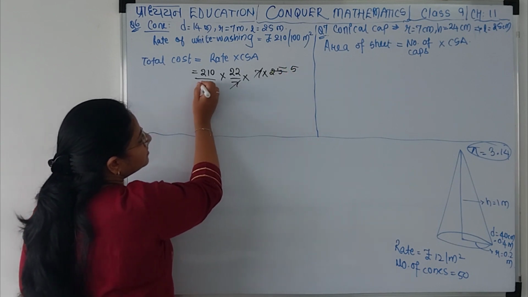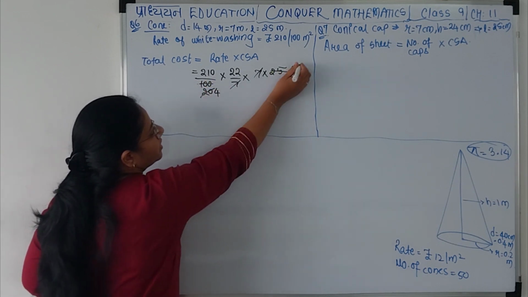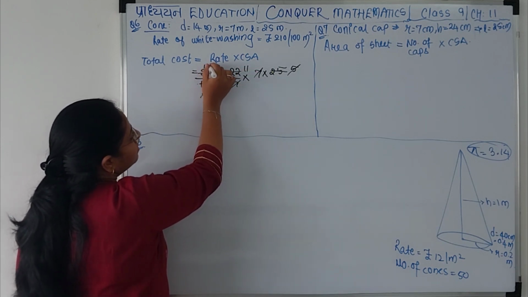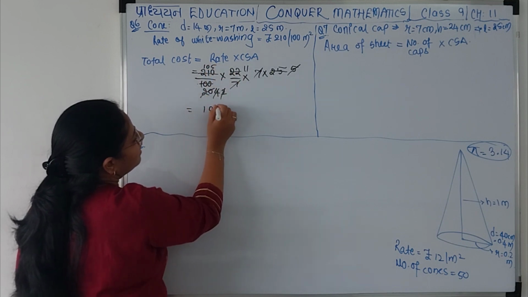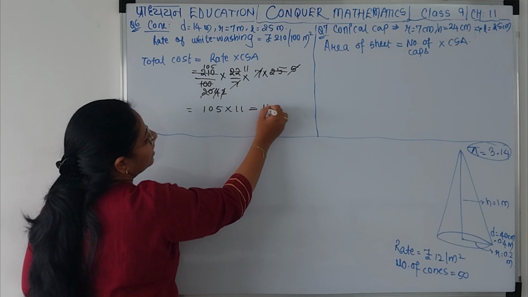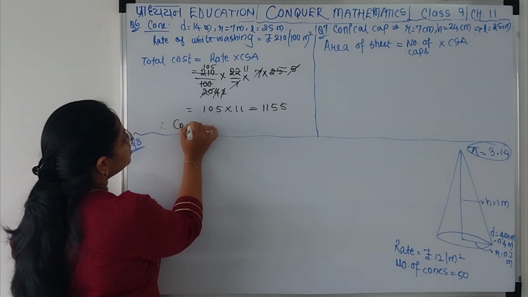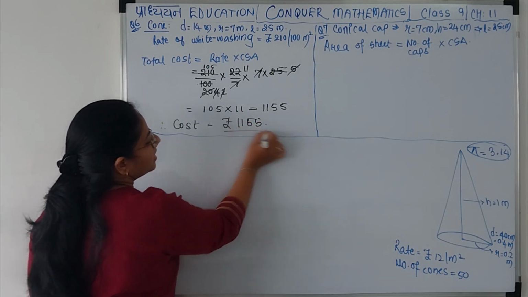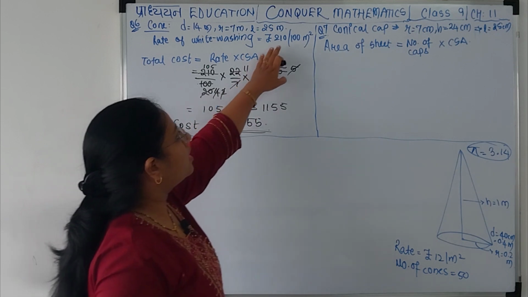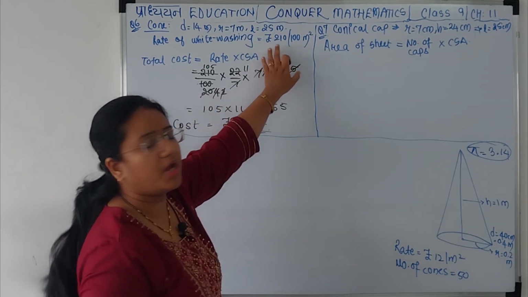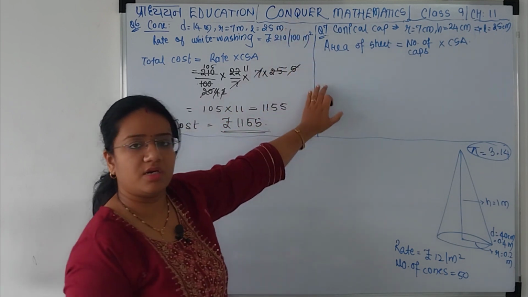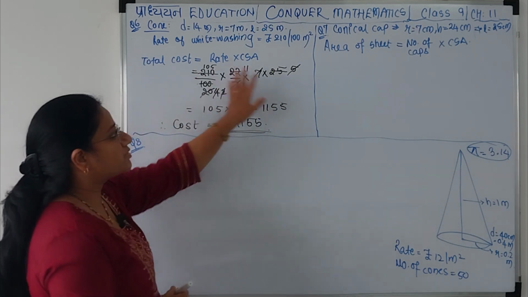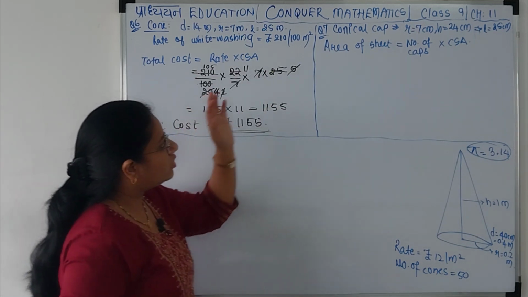5 5s are 25, 5 4s are 20. Correct? 2 11 2. This is going to give you 105. So you are getting 105 into 11, which is equal to 1155. So we get total cost will be equal to 1155 rupees. Clear? Very easy. Just don't take that stress of converting the rate. अगर आपको rate पर 100 meter square के फॉर्म में दिया है तो use upon 100 in your calculation. Clear? It becomes extremely easy. All right? Okay. Let's go for question number 7.